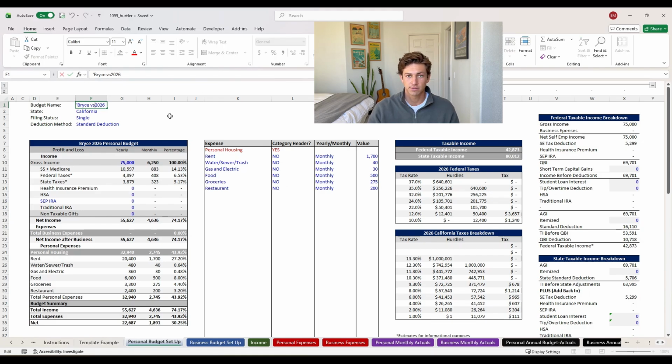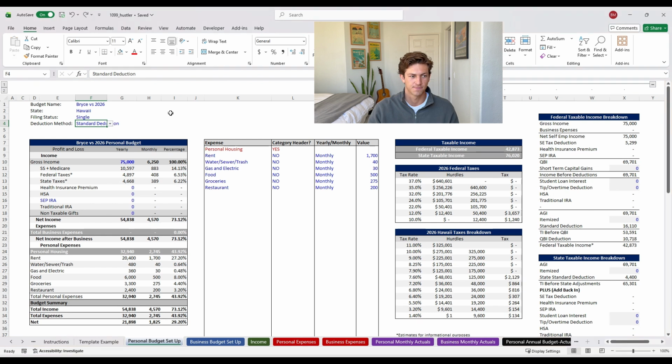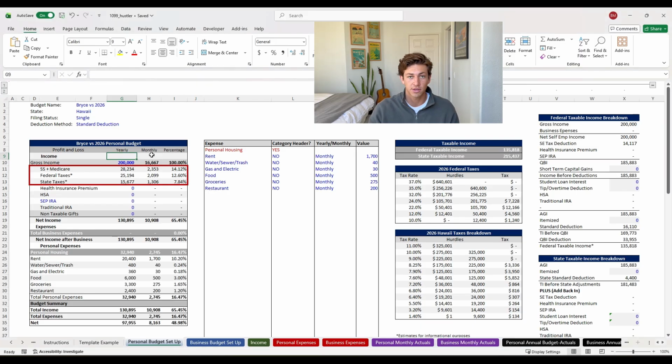You're gonna name your budget, select your state, your filing status, and your deduction method. I'm gonna go ahead and pick a single filer in Hawaii taking the standard deduction. Then add in your projected 2026 income. See what it's like to make $100,000 or $200,000. Maybe play around with $2 million. For now, we'll stick with $200,000, and already you can see your projected taxes below start to calculate based on